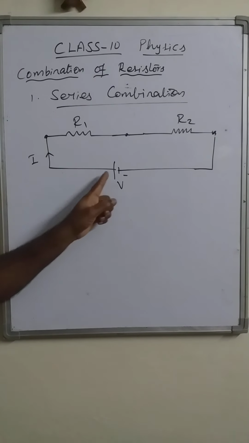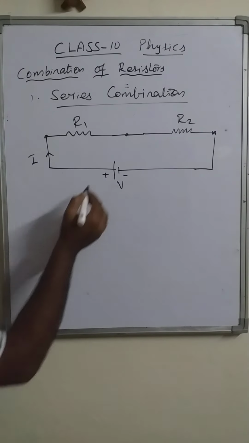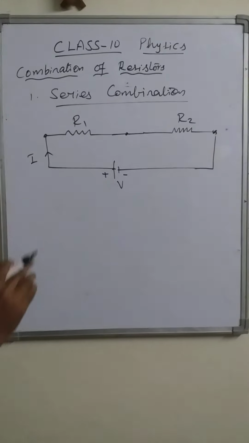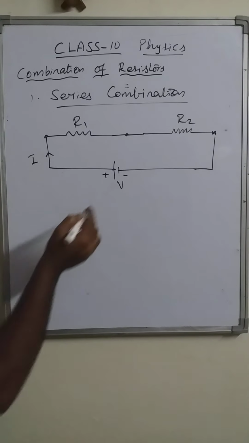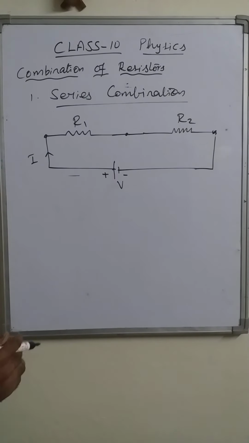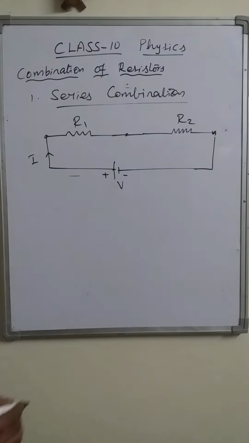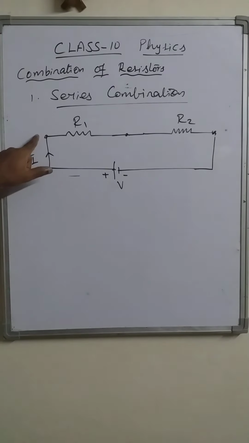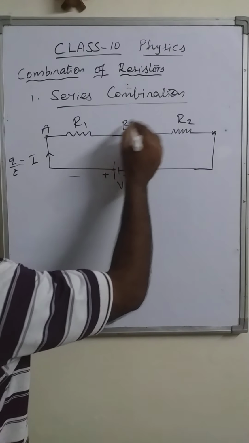Let us assume that I amount of current is drawn from the cell and it flows through the circuit. Up to this point, from the positive terminal, there is no resistance because there are only connecting wires, and connecting wires are assumed to have no resistance. So no work is required to be done by this battery. After this point, the current means the charge per unit time. That means the charges reaching this point have to cross this resistance to reach the other point. Let us take these points as A, B and C.